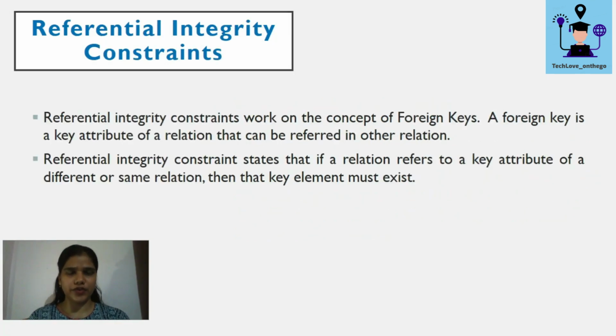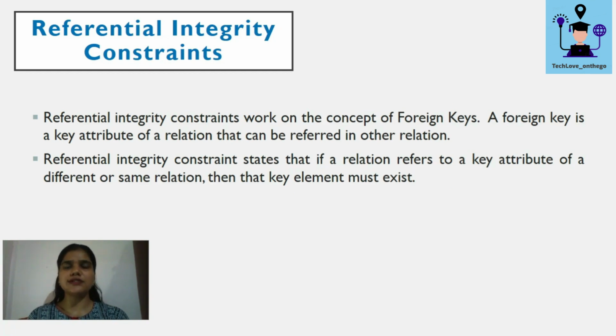Referential integrity constraint. Referential integrity constraint is basically for foreign keys, and for creating them and performing some operations on them. Let's discuss. Referential integrity constraint works on the concept of foreign keys. A foreign key is a key attribute of a relation that can be referred to in another relation.